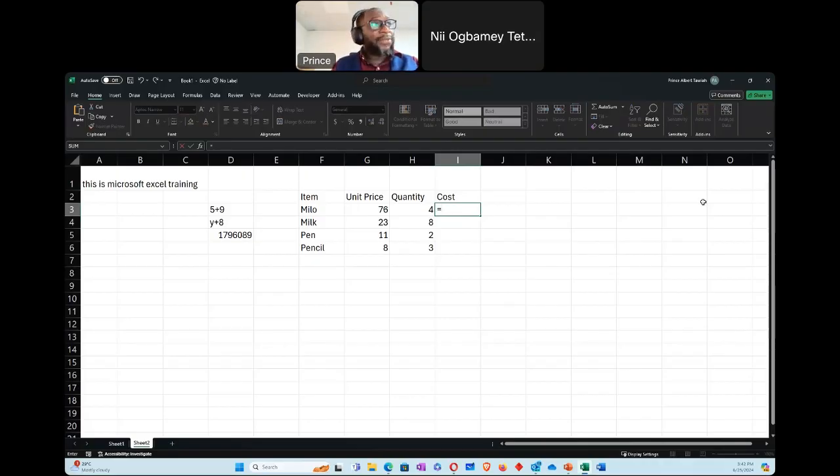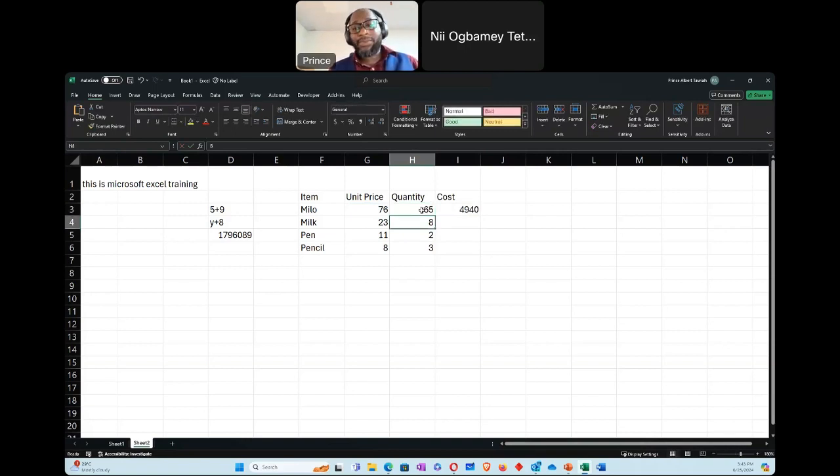So equals to J3 multiplied by cell H3. Excel will mark the cells for you just to verify that you've done the correct one. Now, once I press enter, it's there. If, for example, the quantity changes, once you press enter, Excel automatically calculates it for you.